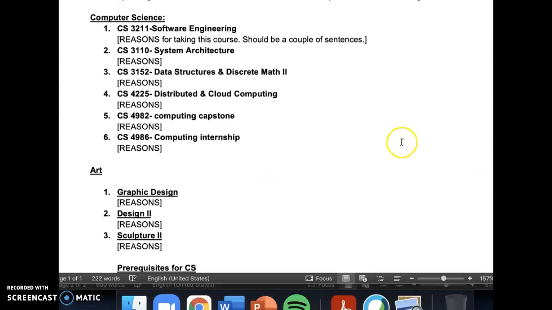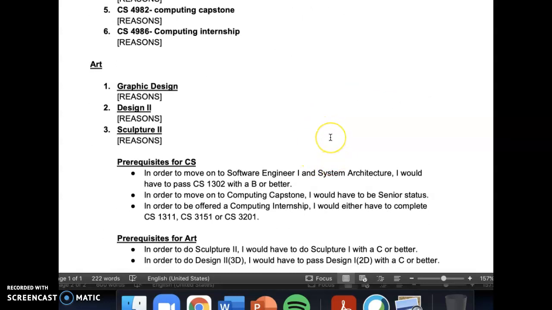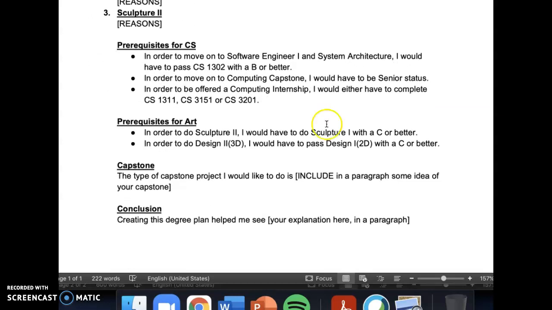And then design too, because obviously they would want to continue to build skills. And then they also listed sculpture, which I thought was a great idea because sculpture includes 3D thinking. If you are doing some kind of complex virtual design, you need to think about the world in multiple dimensions, and you need to think about art in multiple dimensions. So taking a sculpture class would be a way to use maybe a more traditional art class in order to build your graphics skill set. So you see here,